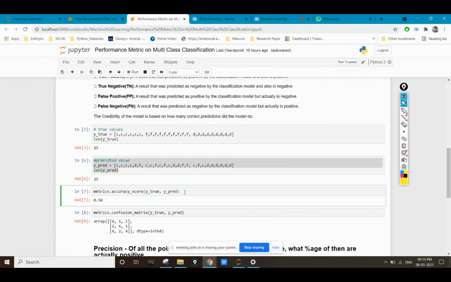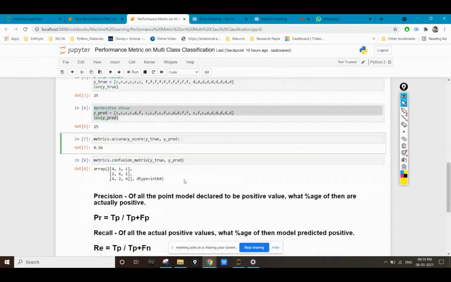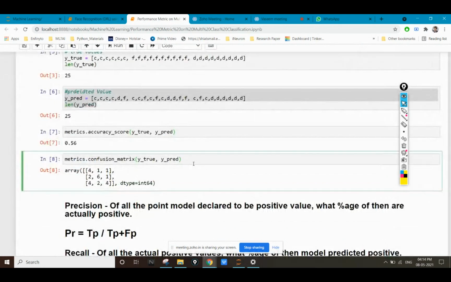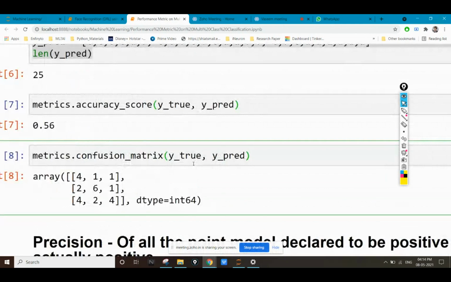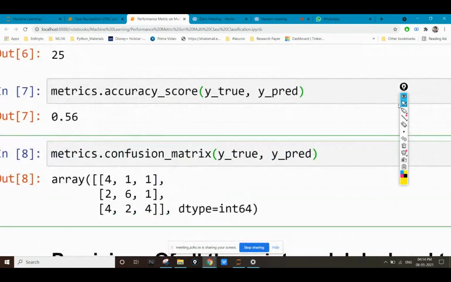Now after this, here comes my confusion matrix, which will give me a detailed explanation of this accuracy value. First I had cat, then dog, and then fox.